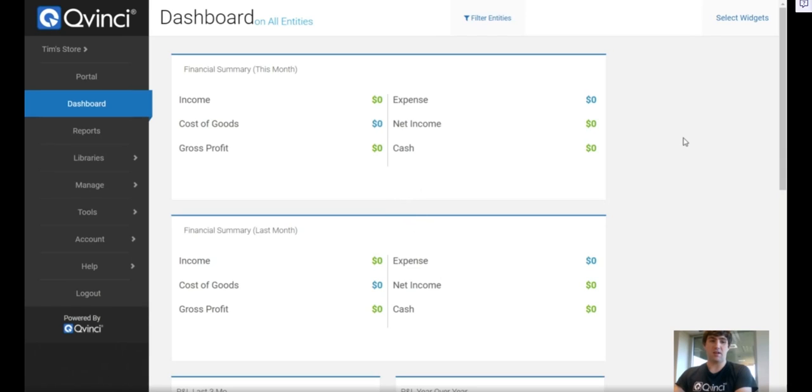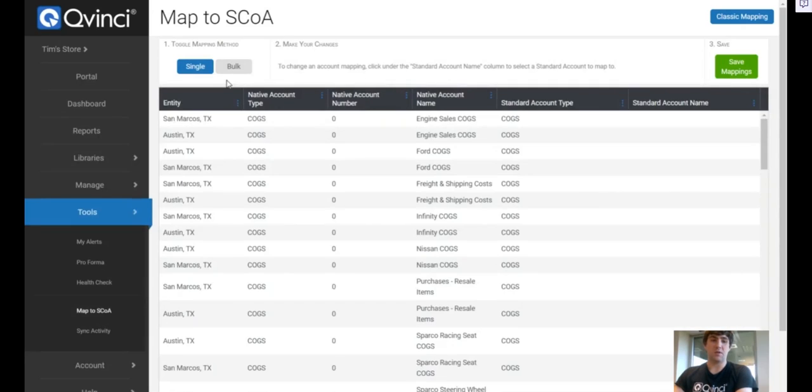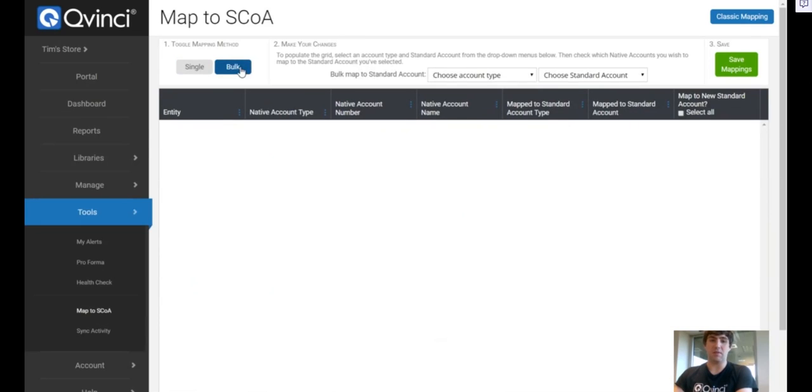And to start mapping, on our left-hand menu, we'll come to the Tools section, and then towards the bottom, Map to SCOA. And in the top left-hand corner is where we'll toggle between the single and bulk methods. We'll do some bulk mapping first, and it's really useful to do bulk mapping if it's your first time mapping,